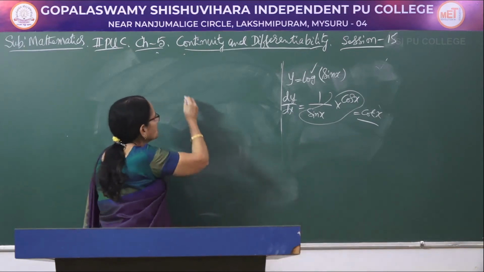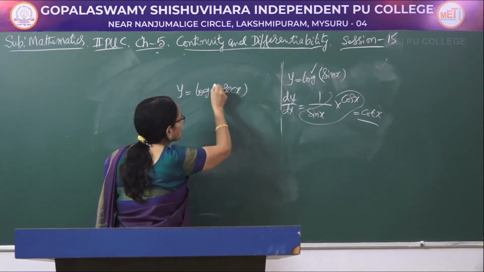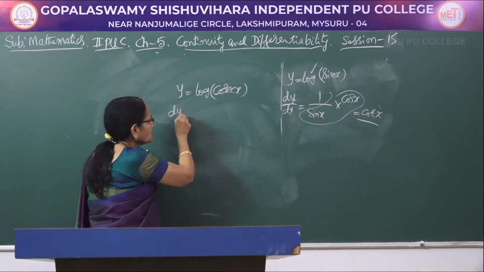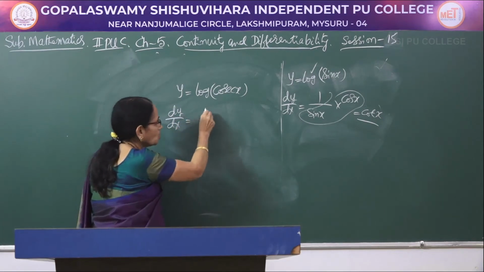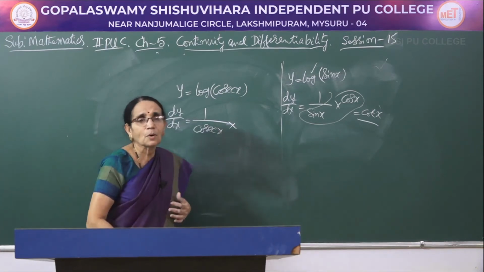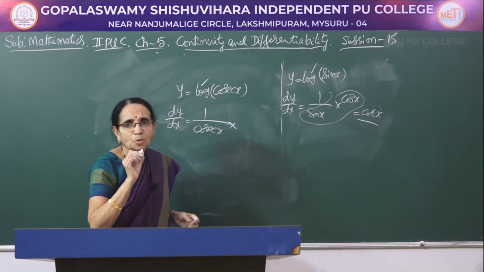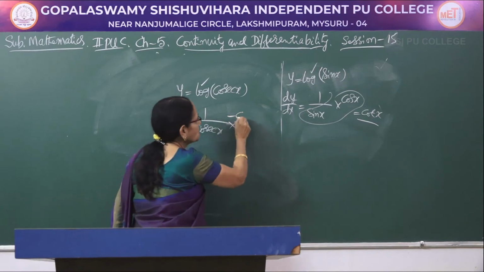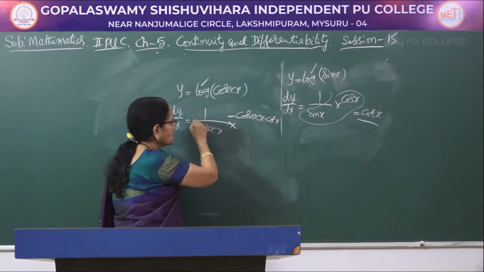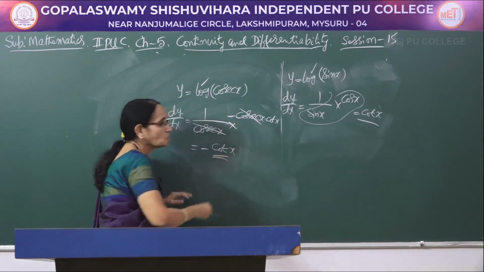Now, let me consider another function, log of cosecant x. I have taken log of sin x, now log of cosecant x. Here, apply the same procedure. Log of something is 1 over that function, 1 by cosecant x. So, the log function part is over. What is the derivative of cosecant x? It is minus cosecant x into cot x. So, it is minus cosecant x into cot x. This has to be written in the numerator. In this case, you can cancel that one. We get a simple answer. It is minus cot x.